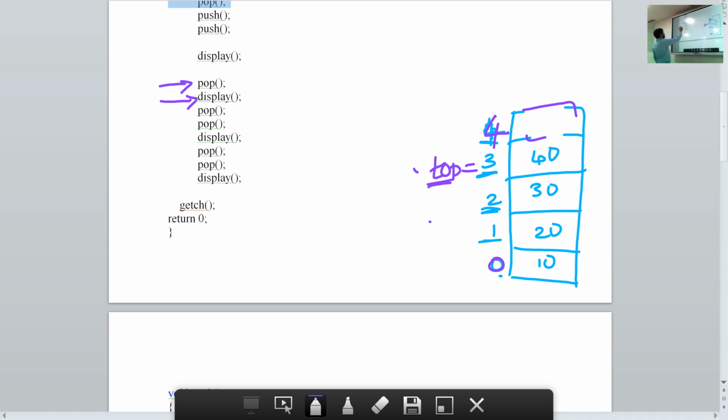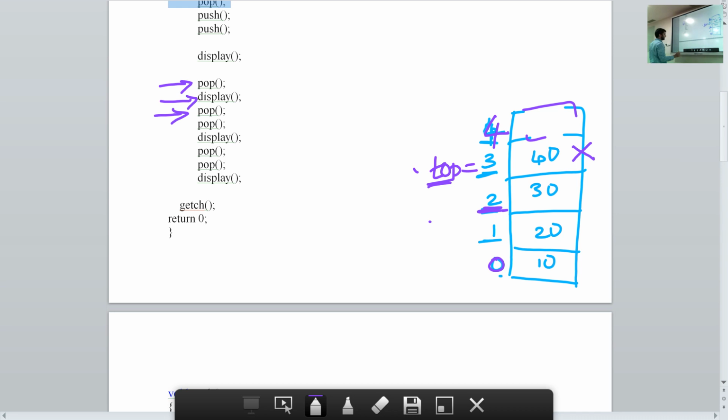Then we call the pop function again. When you call the pop function, what will happen? 40 should get deleted. And what should happen to the top pointer? Top should point to 2, because top gets decremented.